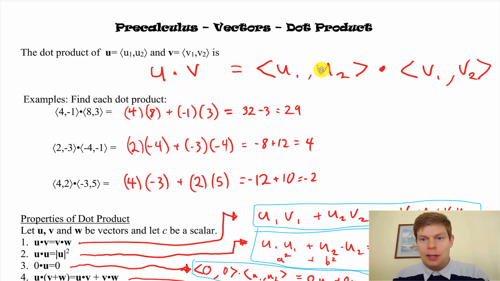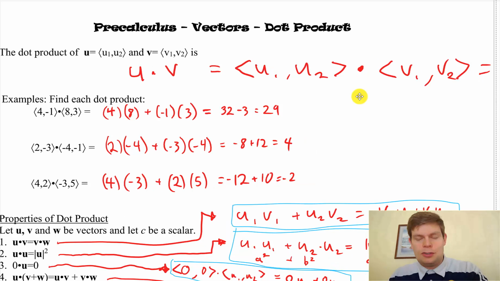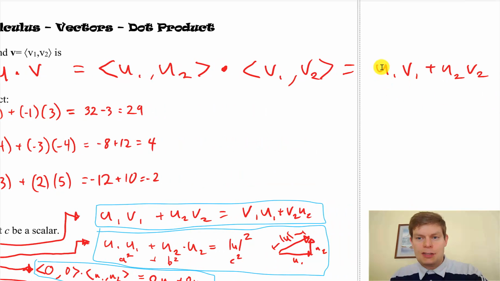If we dot the two together, all dotting two vectors is, mathematically, just as a process, is you take the x components and multiply them together, and you take the y components and multiply them together, and then you add those up. If we had a 3D vector, it would be much the same. We'd have the two x components multiplied together plus the two y components multiplied together plus the two z components